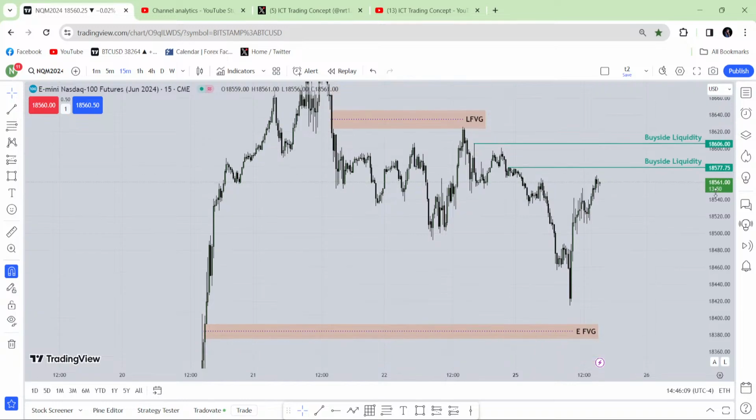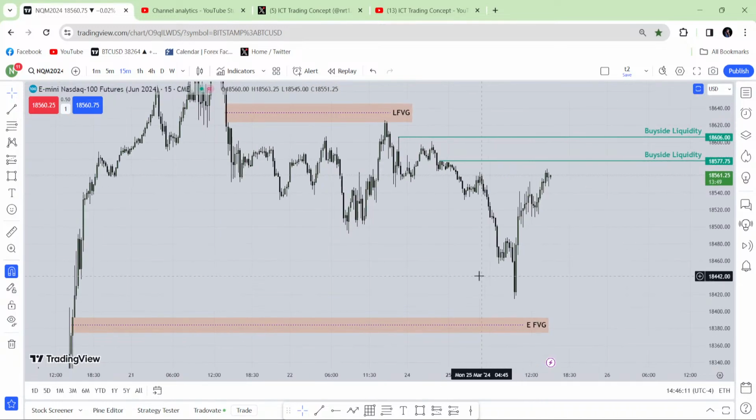From the 15-minute chart, what do you see? There it has traded the hourly fair value gap. I explained everything. Okay, it's not a random reversal. Do you see buy side liquidity or do you see sell side liquidity? I can see buy side liquidity over here. So until this buy side liquidity is not taken, I'm bullish. Today I don't want to see market take that buy side liquidity, but if it has taken that buy side liquidity, nothing is wrong with that. Then I have this last fair value gap. It can trade that fair value gap.